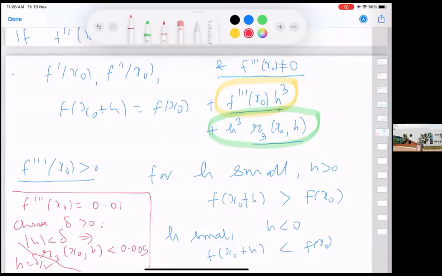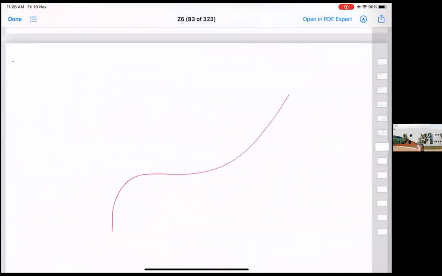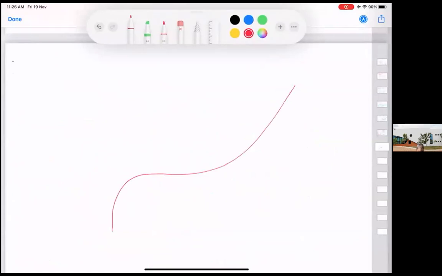So geometrically, the curve is something like this. So when we draw a tangent, somewhere this is the point of inflection. So to the left of that, the curve is below the tangent, and then the tangent keeps coming closer, somewhere here like this, and after that like this. So minima maxima at the point, the tangent